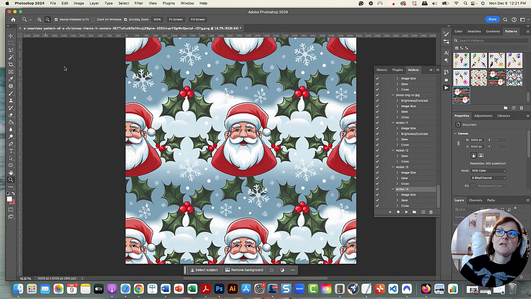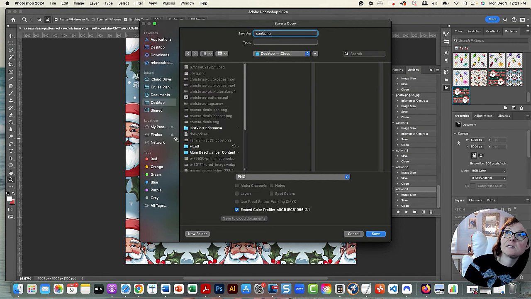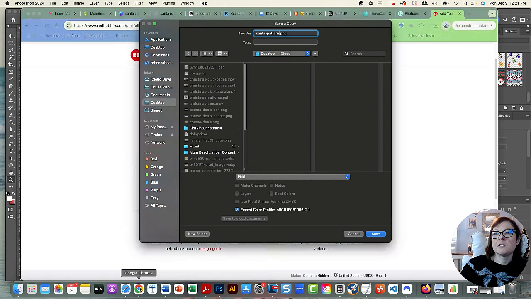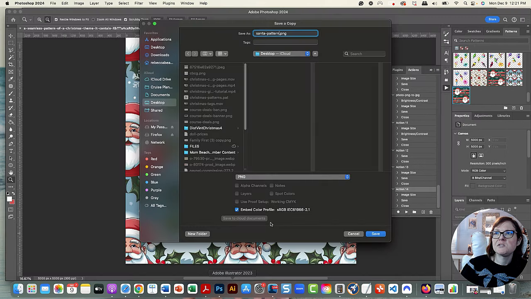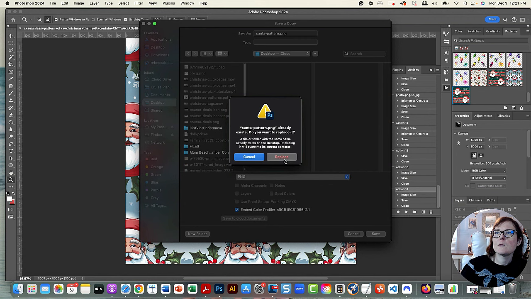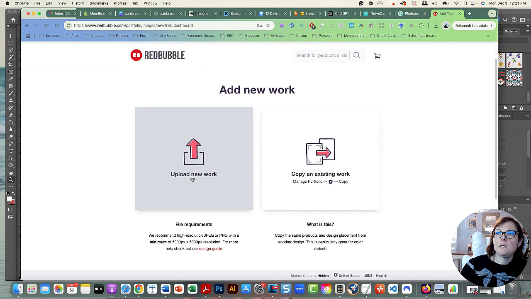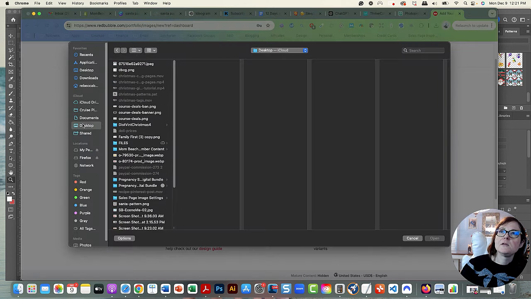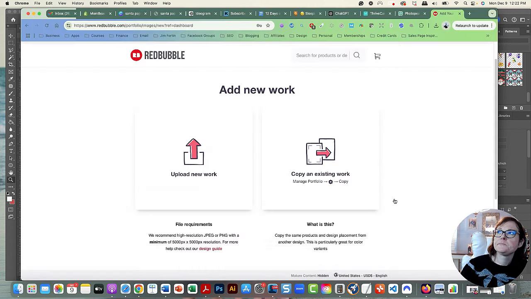So I'm going to go to File, Save a Copy. Santa pattern. And then does it want a JPEG or a PNG? Yeah, it says PNG. So let's just save it as a PNG and replace it. Now we got the right size, and let's go upload our new work, and then we'll go to Santa pattern,